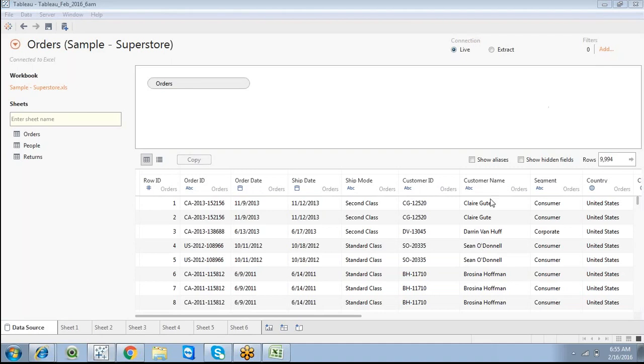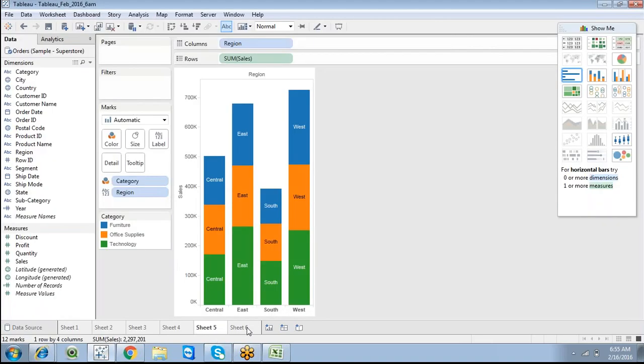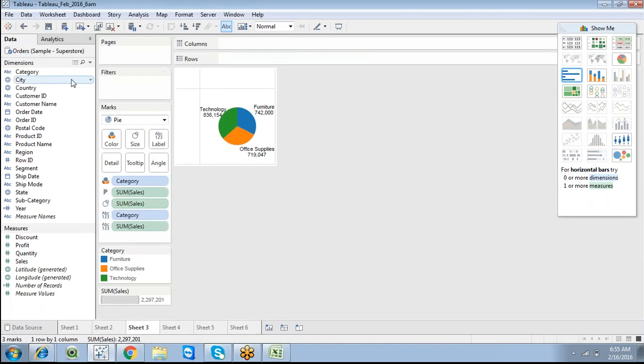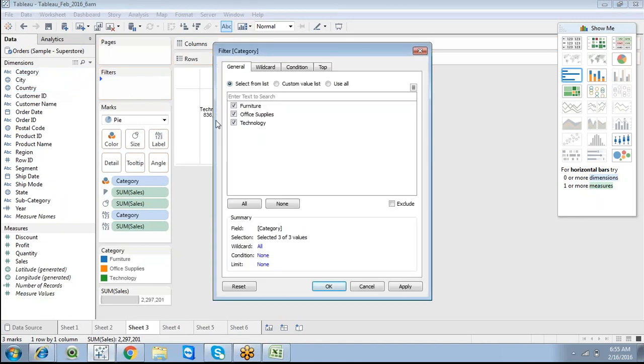So it is almost similar to a data source filter, but we have an option where we can set this particular filter as a global filter, and we can limit the destination sheets as well.